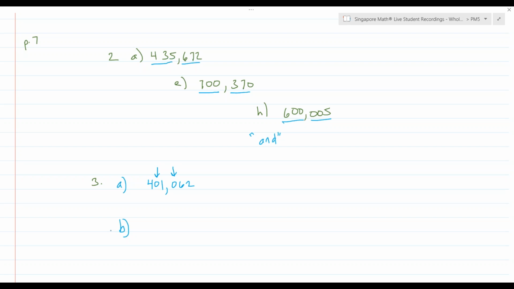Part B is 970,000. All right, all the thousands are going to be in front of the comma, so 970,000. 505. There's 500. We don't have any 10s. We have 5 ones. Letter C,